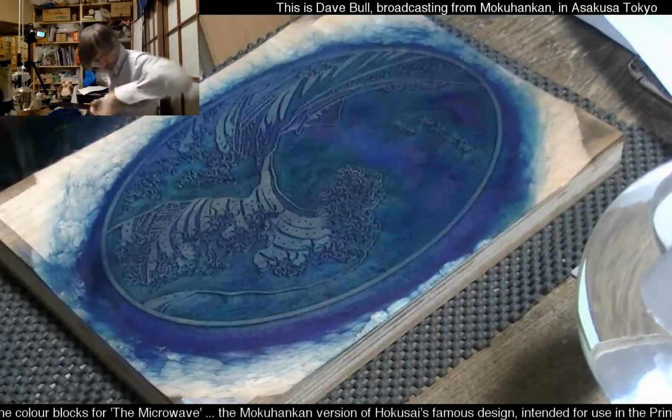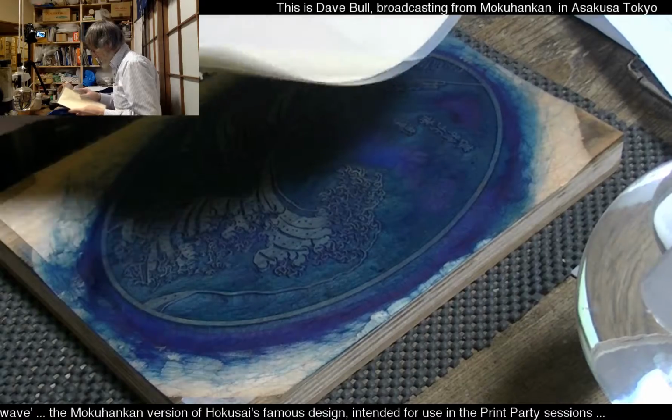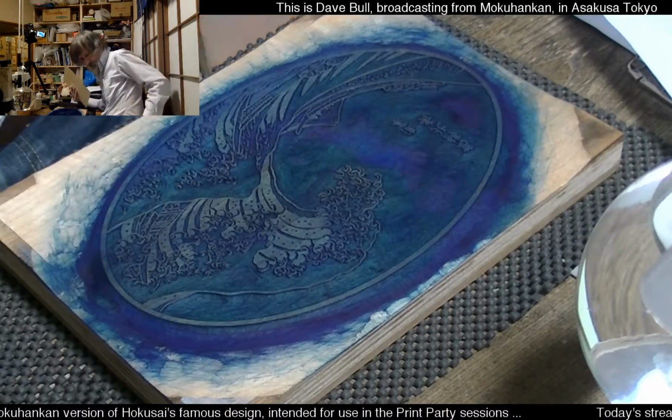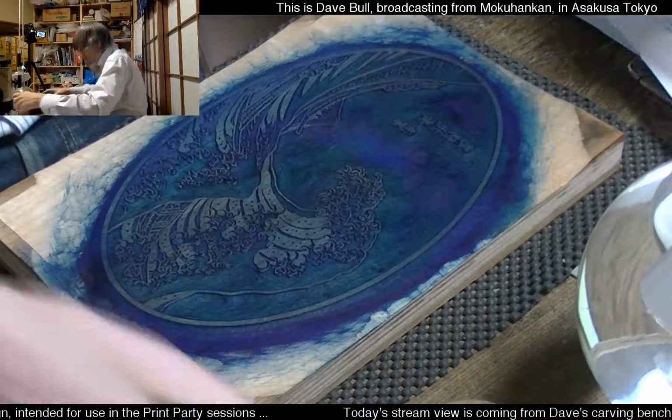Now, here we go. We've got real transfer paper, my last sheet prepared for this. So this is going to get printed twice, once on the key block, once on the gray block, and then pasted down onto the